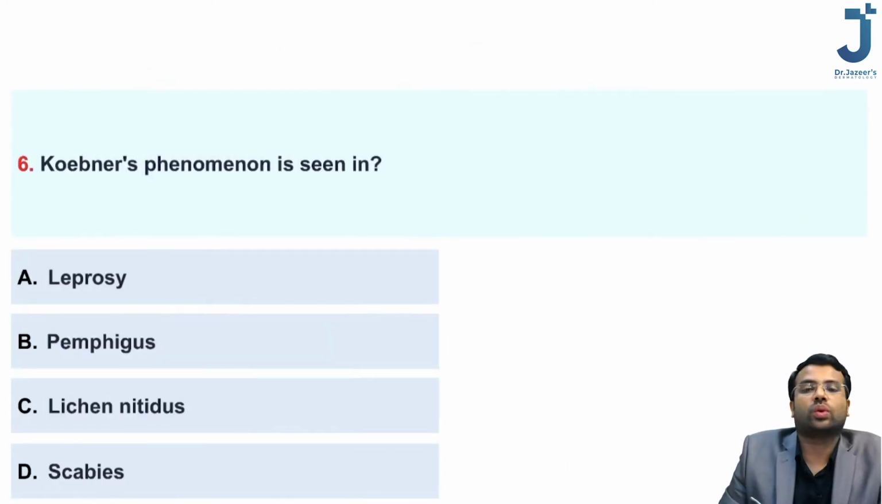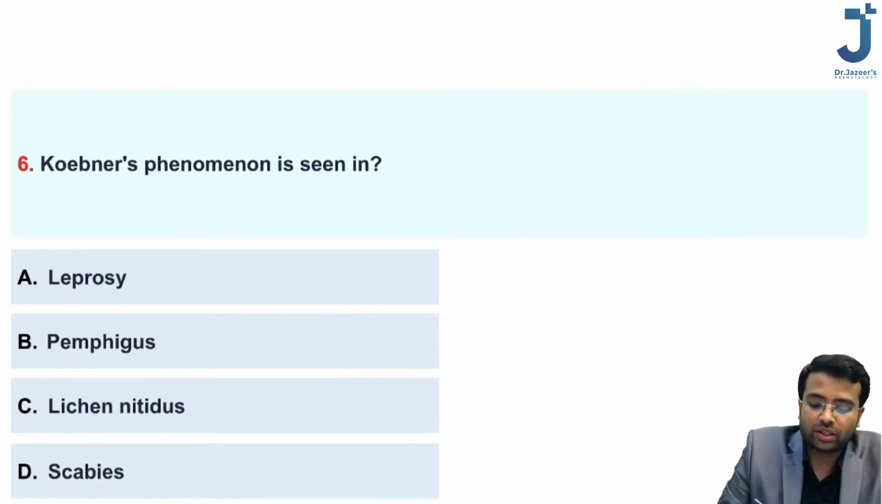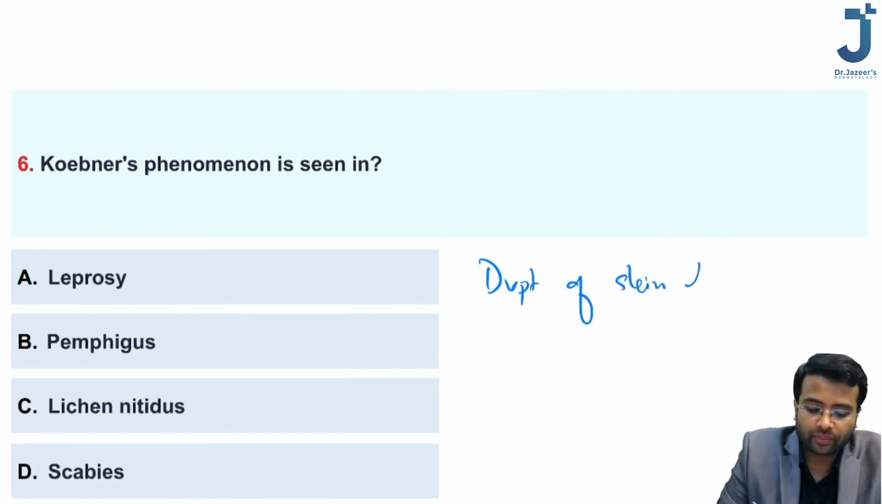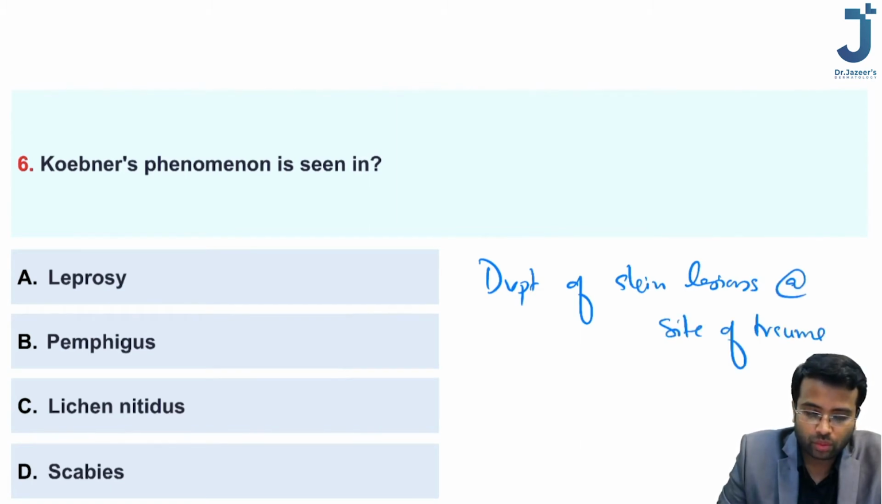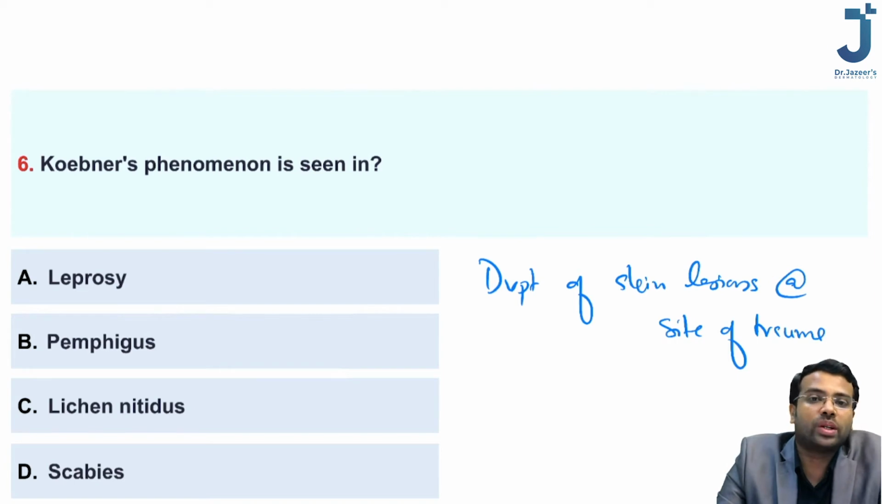So let's see the next one. Koebner phenomenon is seen in: options are leprosy, pemphigus, lichen nitidus and scabies. So what do you mean by Koebner phenomenon? Koebner phenomenon means there is development of skin lesions at the site of trauma. If the patient develops a skin lesion at a site of trauma, this is called Koebner phenomenon,